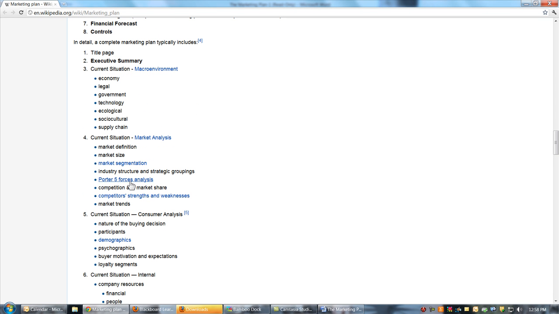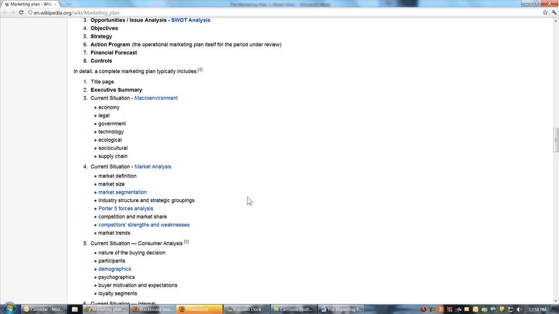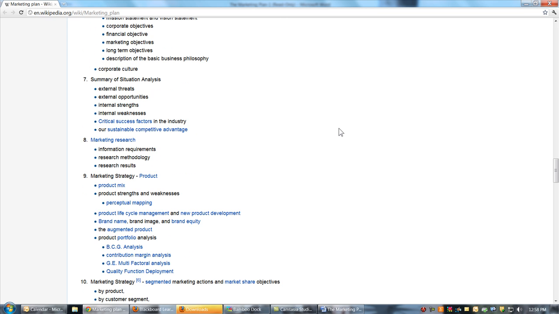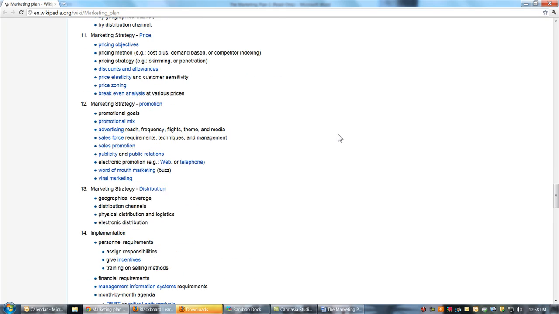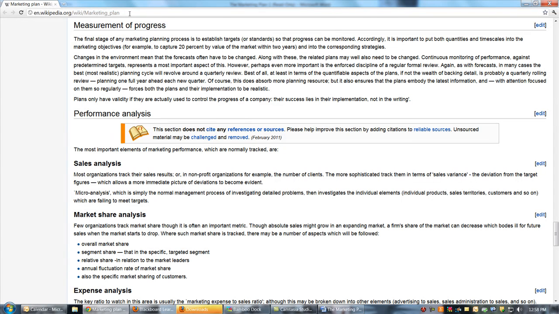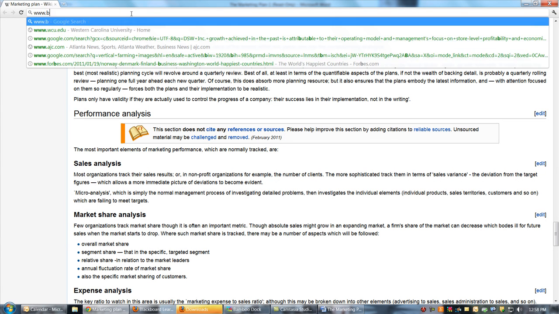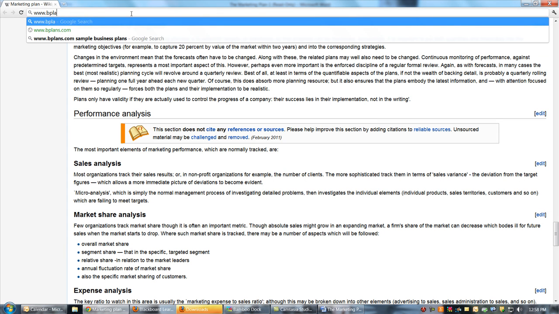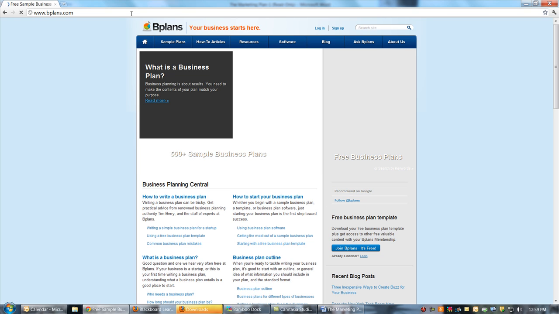You'll see a lot of our old friends, and I'll show you how those are going to pop up a little bit later. But here's Porter's 5 forces analysis. Here's the macro environment. All of the things that we've already worked on we'll see coming out in the marketing plan. Now, when we start a marketing plan, I always like to use a template, even after having written dozens, maybe even hundreds over the years, and certainly having read hundreds.